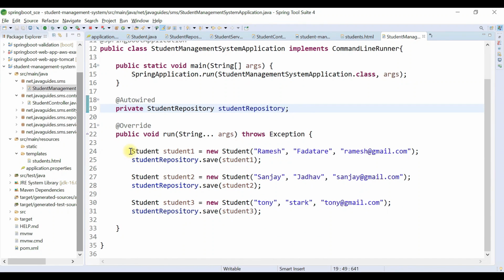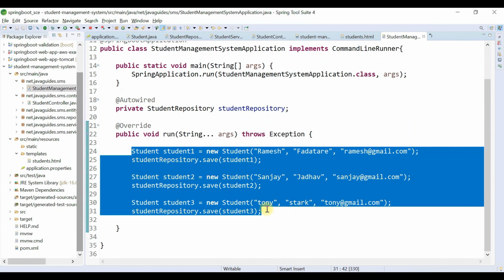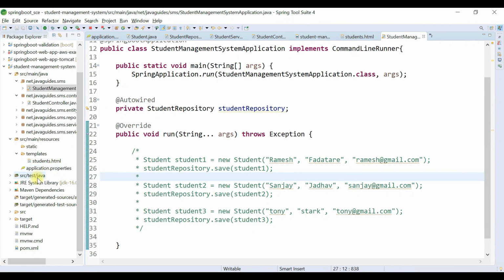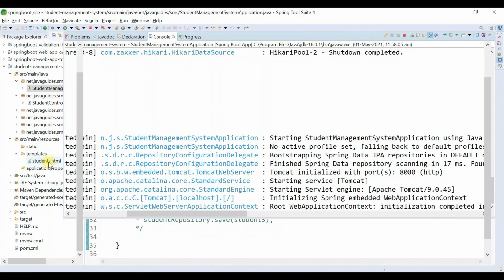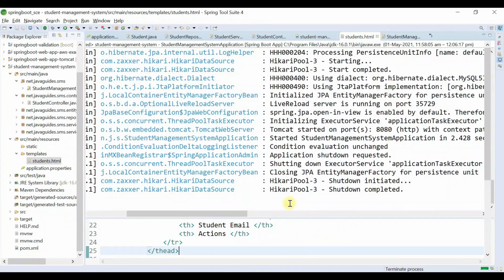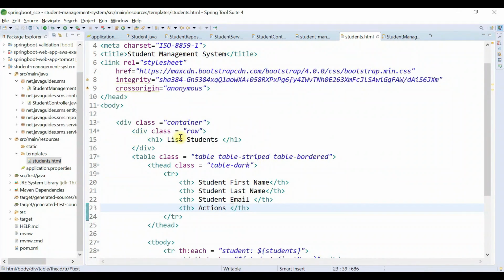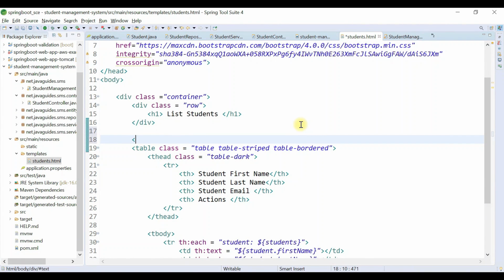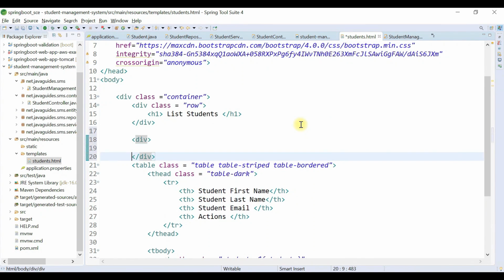Alright, so let me comment out this code because we have already added 3 records to the MySQL database, and go to the students.html file. So let me stop the server. Okay, and just right below this heading we are going to add a button, right? So here I'm going to create one more div, and let me add a Bootstrap CSS class,